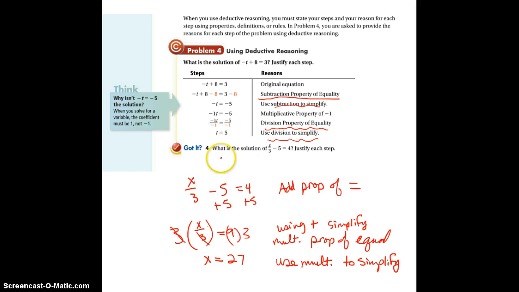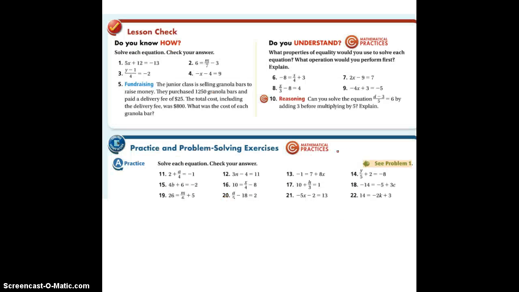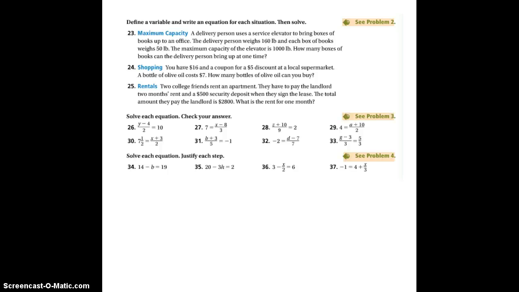All right, so that is finding the solution and then also justifying your steps. For the homework here, we're going to do problems 11, 16, 21, 23, 24, 25,